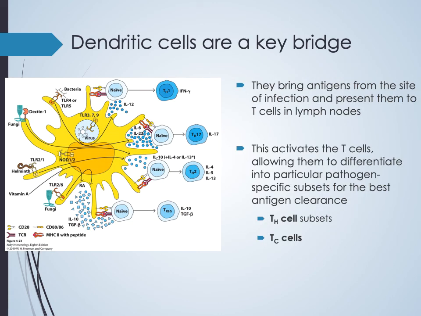So dendritic cells become a key bridge between innate and adaptive because dendritic cells are really good at picking up antigen through phagocytosis and then bringing it to T cells in the lymph nodes. So dendritic cells will traffic from the site of infection to a lymph node, and then they will interact with the T cell. And so what we're seeing in this figure is our dendritic cell, and then it's going to take antigen, material that it's undergone through the process of phagocytosis, and present it to these different cells that are